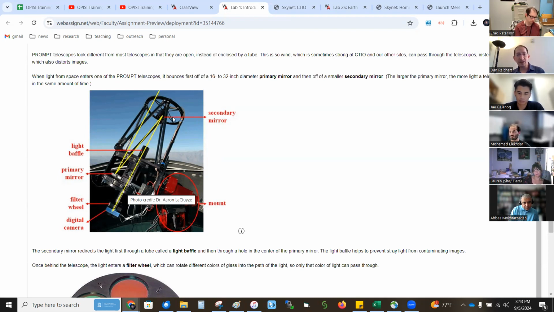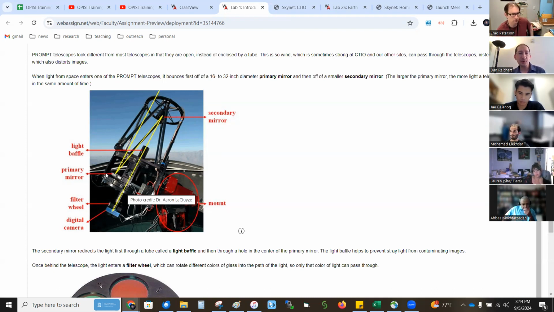And this one, it's open aperture. Most telescopes are wrapped in a tube. But since these are in domes that open up at the beginning of the night, the wind is always hitting the telescope. It's not like you're in a closed dome and it's protected. So we got rid of the tube because it was a wind sail. The wind catches it and pushes on the telescope, blurring your image. So these are open aperture, so the wind goes through. We can observe up to about 20, 25 miles per hour without much distortion.